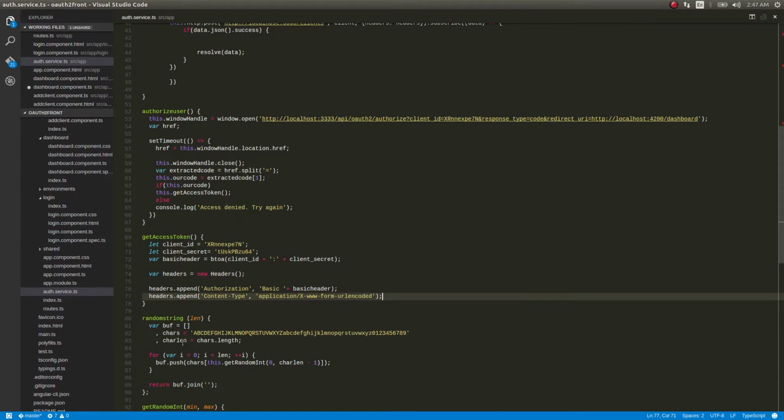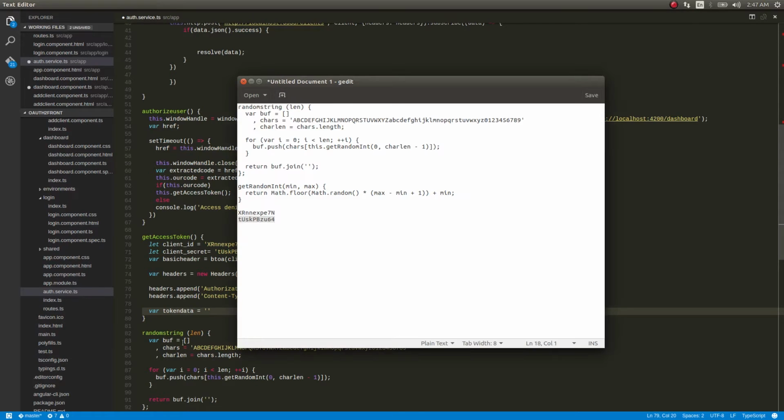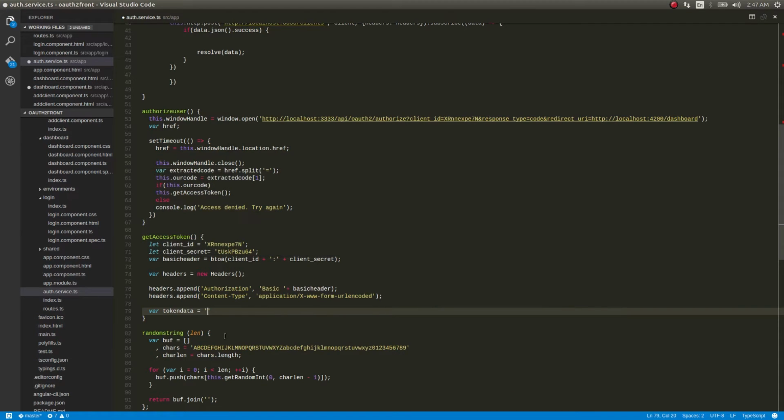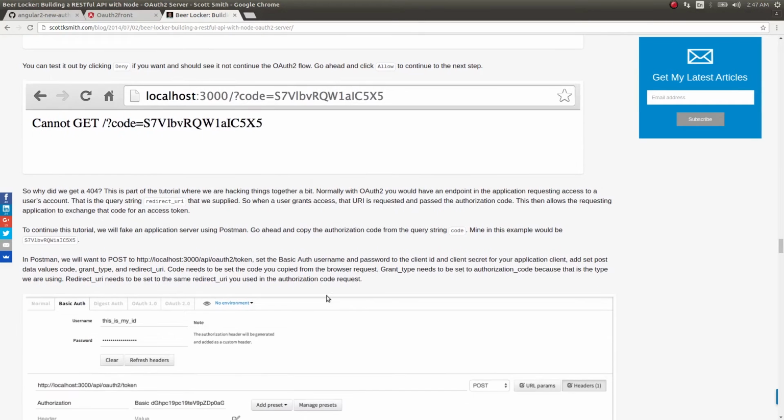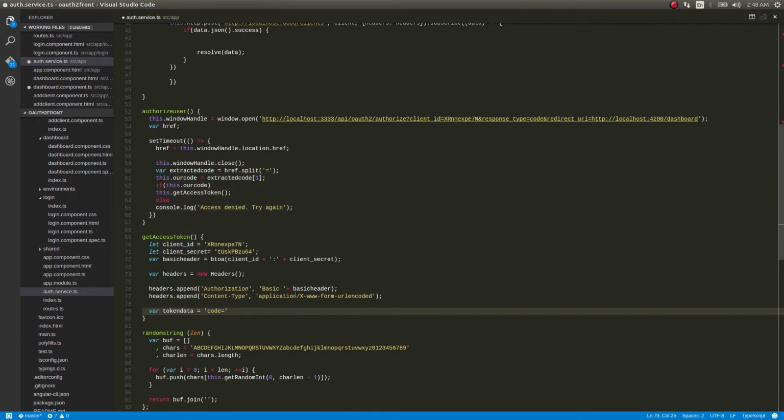Now we have the headers and we have the client ID and client secret. So all we need to do is make our URL and then make the call. So token data equal to what are all the stuff we need to send. We'll get that again. Code, I think code. Okay, we have done this part. We need to send these three: code, grant type, and redirect URL. So code will be this.r code,